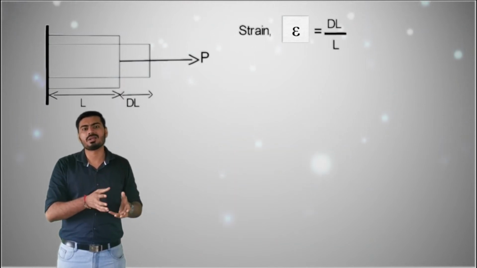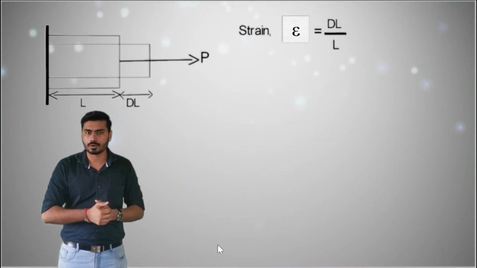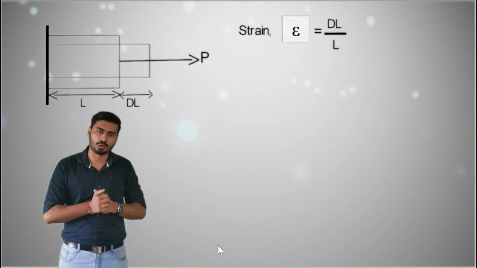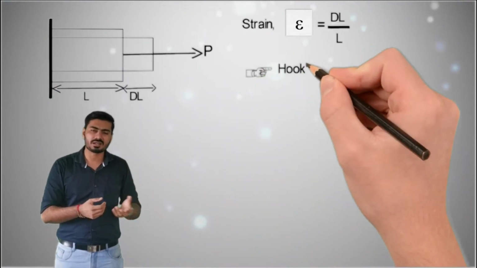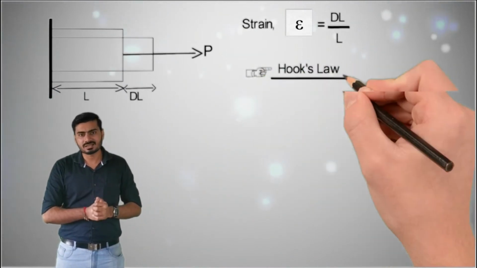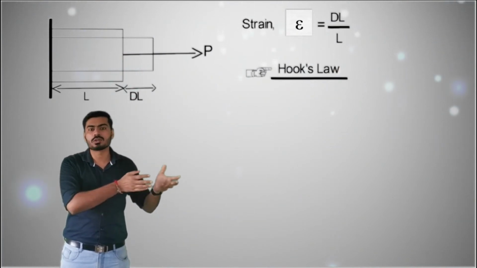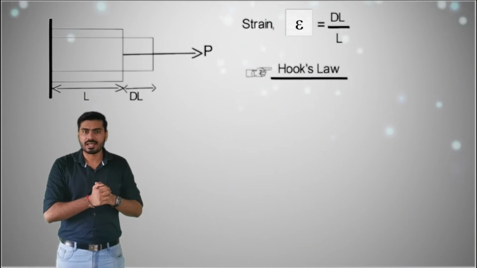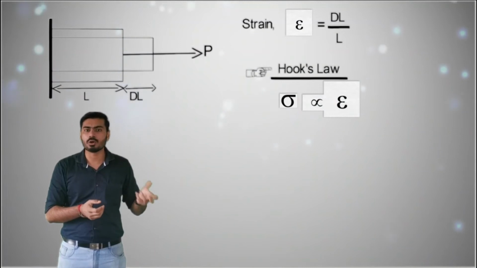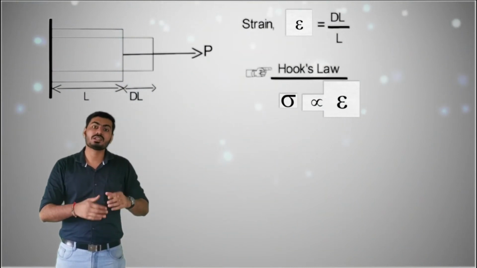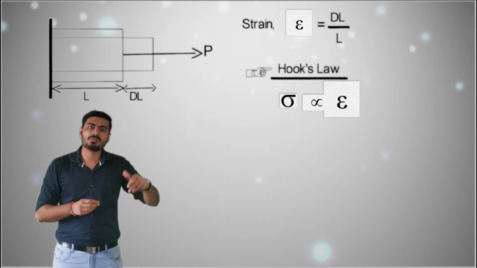Now these two parameters can be related using one very important theorem known as Hooke's law. Hooke's law can be stated like this: within the elastic limit, the value of stress is directly proportional to the strain, and that's why sigma is proportional to epsilon. This is our basic statement of Hooke's law. It will give you different parameters like the change in length equation,